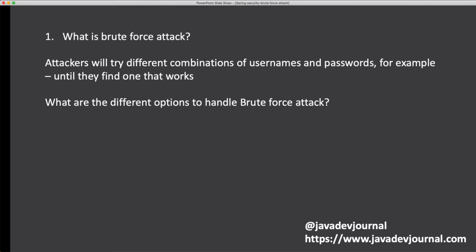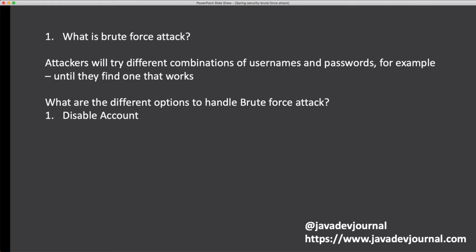So when you are designing your application, the first thing you should put in place is the password requirement. It's really critical when you start working with your application, right? And it's really critical that you put those things in first when you are designing the application, rather than introducing them at a later stage. Now let's see what different options we have to handle that brute force attack.